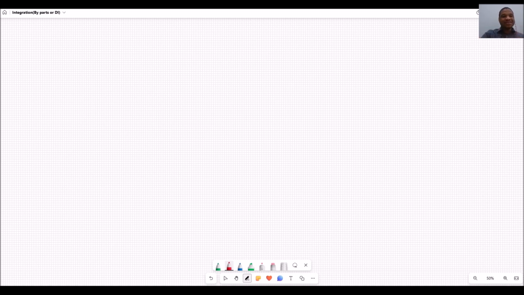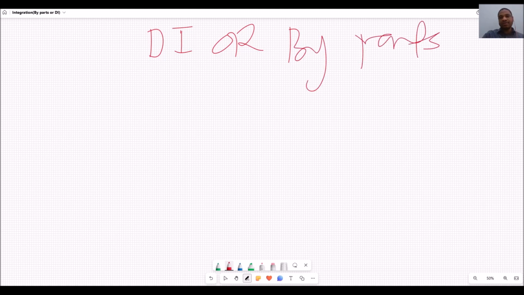So today we're looking at integration by parts. Should we use the DI method or should we use the by parts? I think in your exam it doesn't matter which one you use, but it's your choice. So I'm going to do three examples for us to see which one is preferable, which one is shorter, which one is more understandable. But whatever you're going to use, you should know how to differentiate and